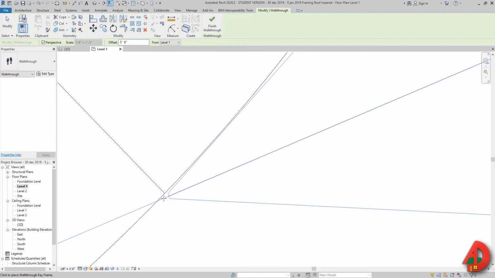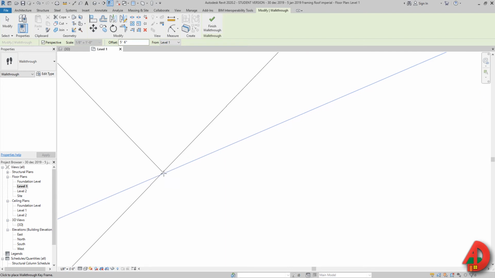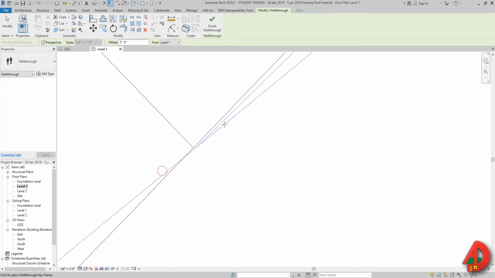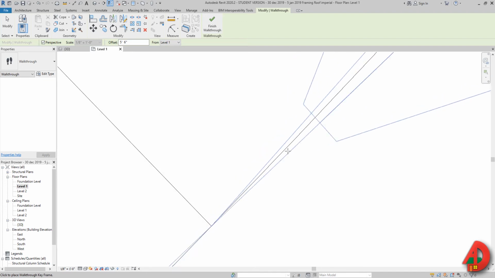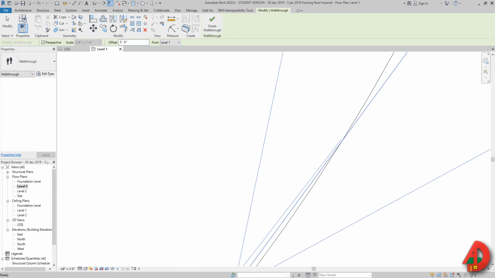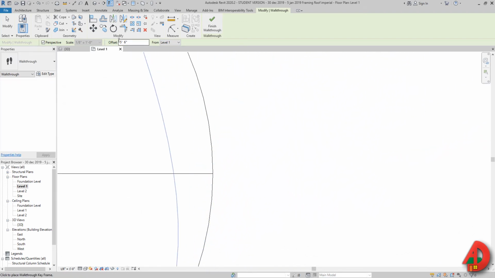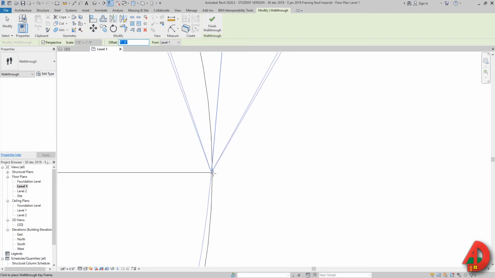Okay, and now these intersections are not that important. You can try and be as precise as you want with these two as well, but for saving time, I'm just gonna be not so accurate, let's say. And these 2 points are set at 5 feet and 6 inches. Let's say now I wanna set up a camera level for 7 feet. So I'm gonna select the offset and press 7. Revit knows 7 means 7 feet. And then I'm gonna place it here.